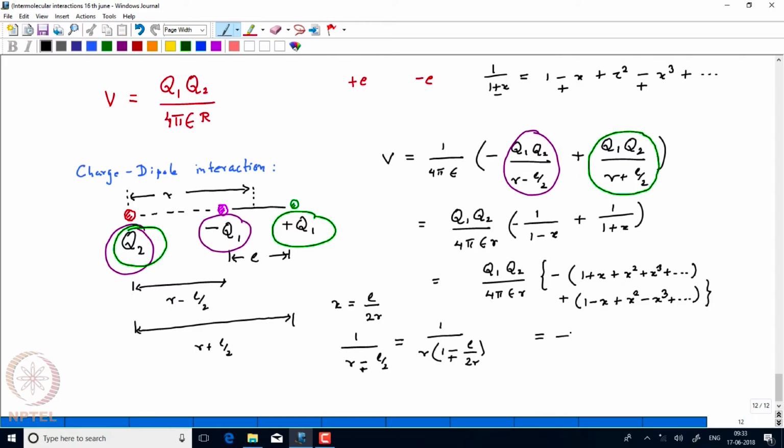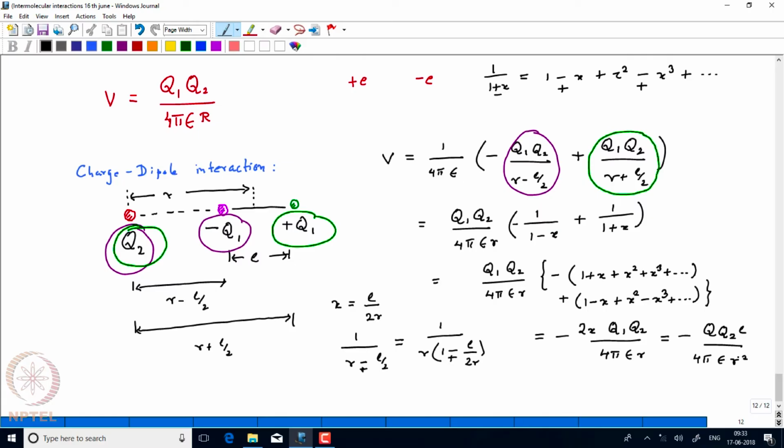So, overall I will have a minus sign, and it will be multiplied by 2x, Q1 Q2 by 4 pi epsilon r, and then we can substitute the value of x, which was L by 2r. So, we can just write it. So, it will be minus Q1 Q2, and 2x will be L by r, L divided by 4 pi epsilon,